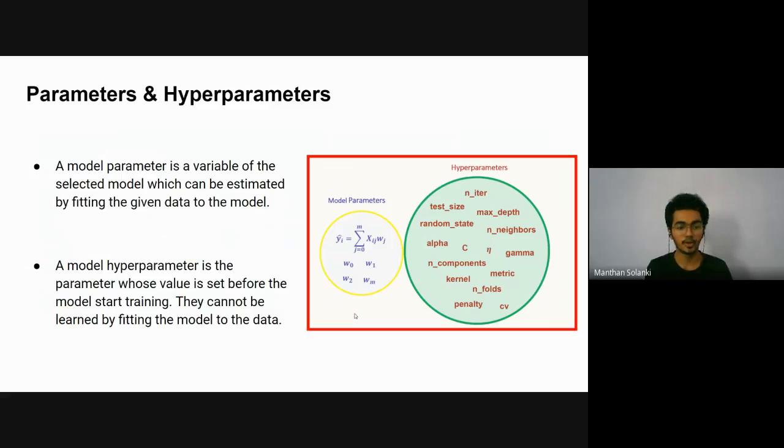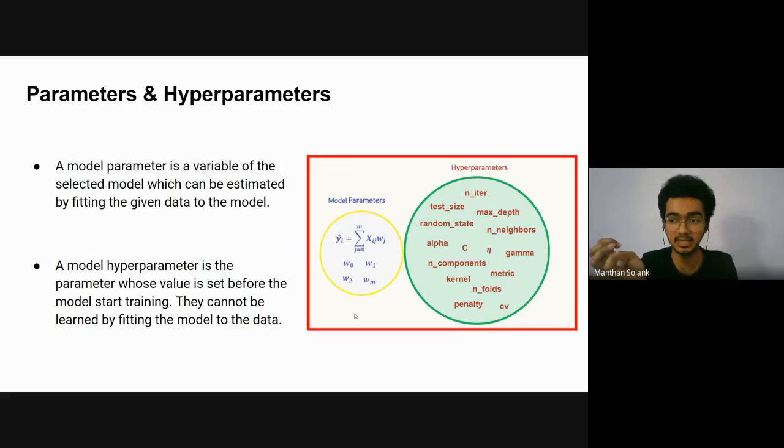Now, what are parameters and hyperparameters? Parameters are the variables we can change during the training task. We are updating the W and B each and every time, so these are known as the parameters. Hyperparameters are those that we cannot change during training. It's like the number of iterations. I have to define before training that I want 10 iterations for this model.